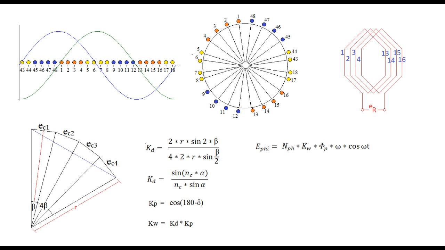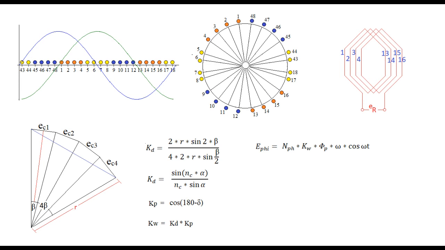If we have n number of coils, then such an orientation of coils from tip to tail forms a polygon. Angle subtended by all phasors in a phase is found by connecting tail of first phasor and tip of last phasor with center of circle encircling the polygon. The ratio of phasor sum to algebraic sum is less than 1. This ratio is known as distribution factor and is represented in a mathematical form with symbol Kd. A brief geometrical analysis will show that we may derive the expression for distribution factor Kd that we have written on slide.